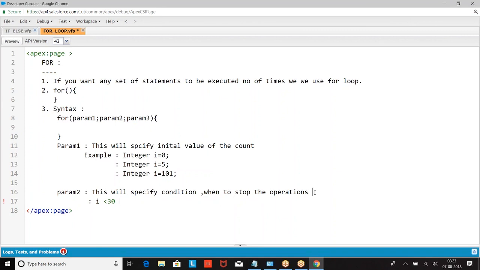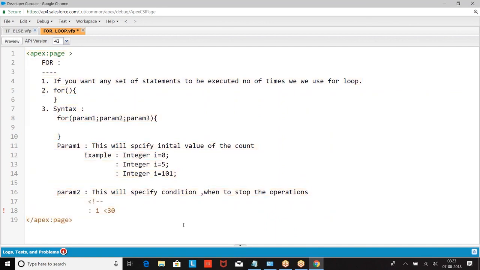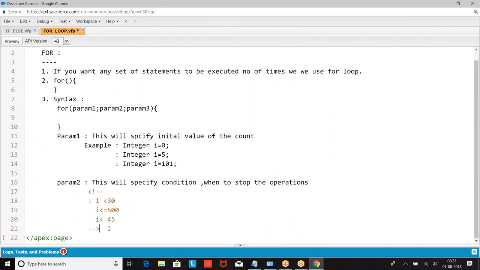I am going to give a condition: until the condition is true, the operation will continue. i < 30 is the termination condition.